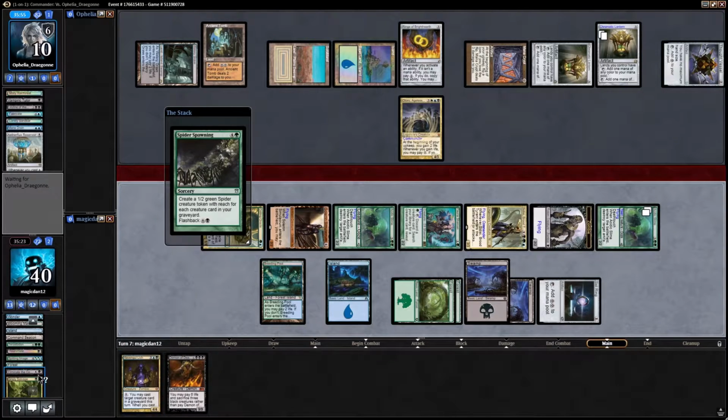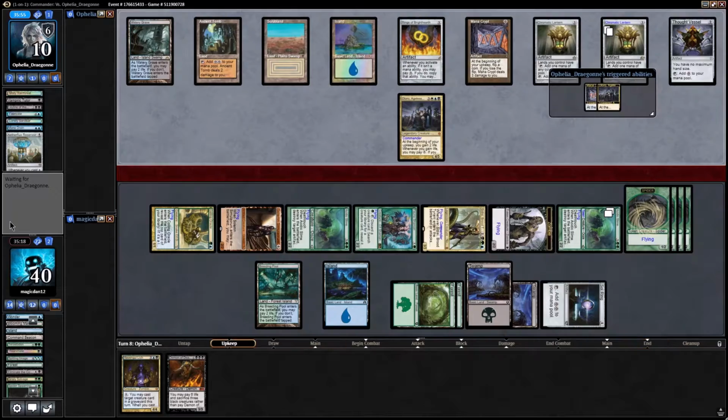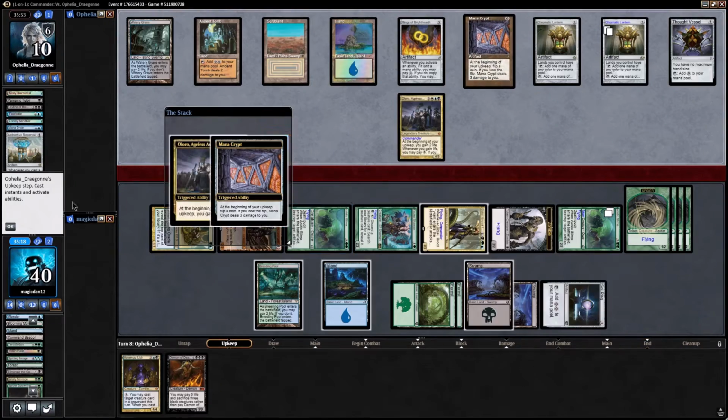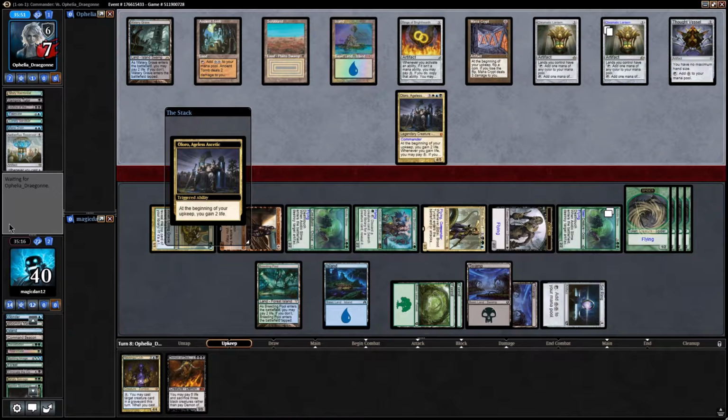All right, so we're going to go Spider Spawning. That's going to generate 4 spiders. That's just going to give us a little extra reach in case he gains some life. I mean, I don't know what he could have here, but...